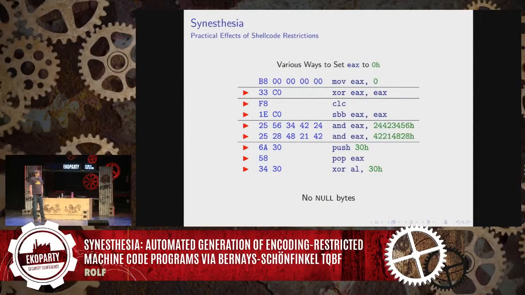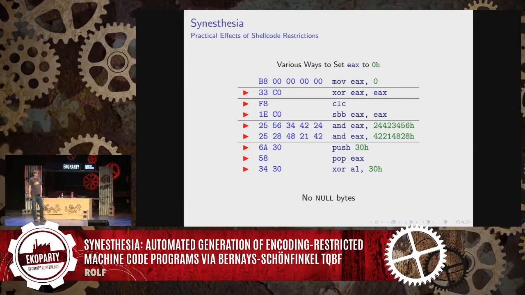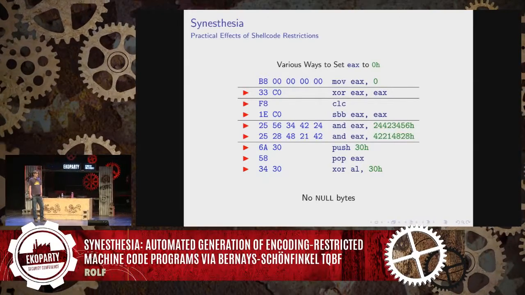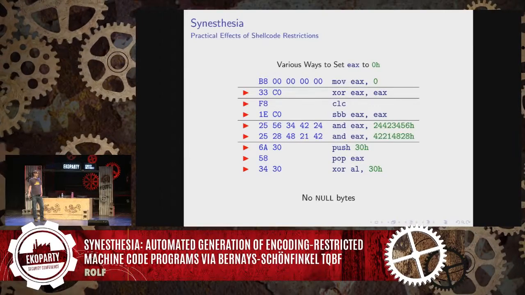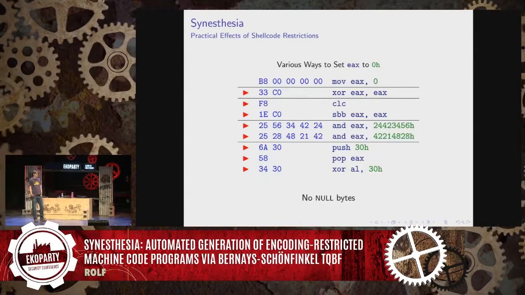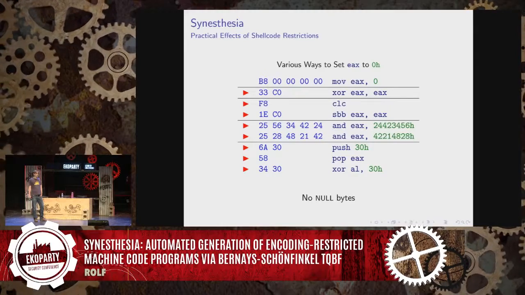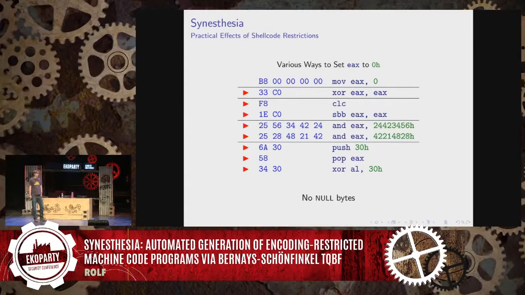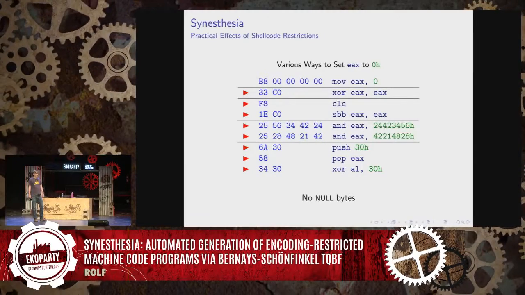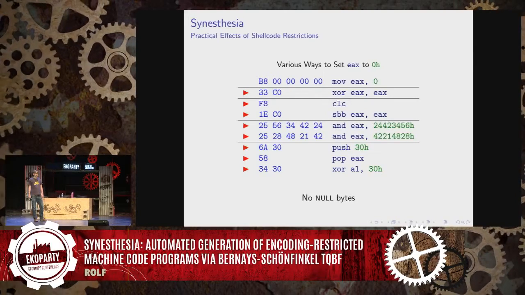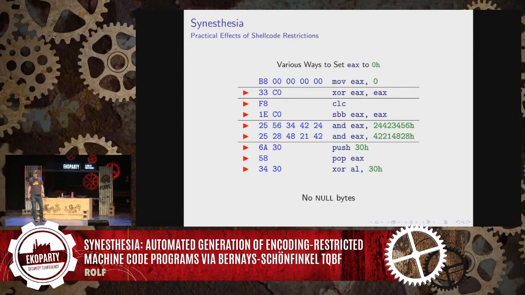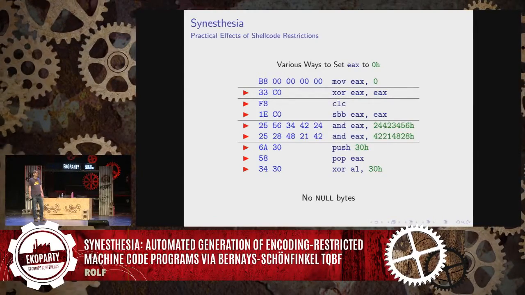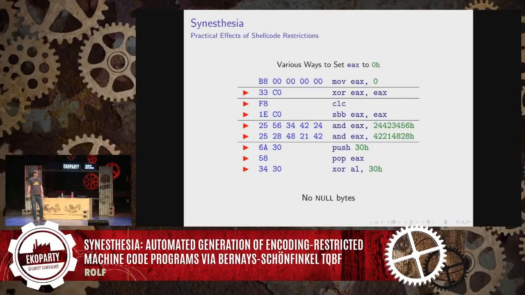So given that shellcode is just a program, it's going to have to do a lot of the same computations that any sort of program might perform. You might have to set registers to certain values. You might have to call API functions. You might have to have loops and things like this. So in order to accomplish these tasks within an encoding restriction, you have to choose some machine code bytes that fits within the restriction. So for example, if we want to set the EAX register to the value 0, here's